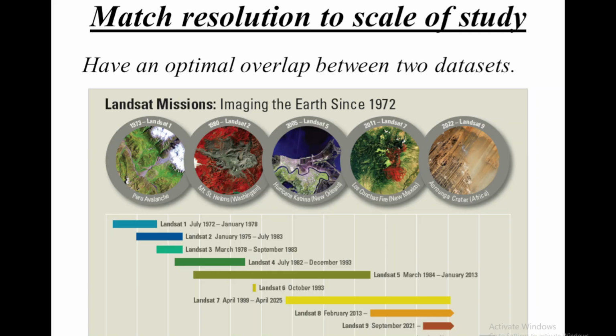We often talk about studying a particular aspect of a region over a long period. Let's say this image talks about Landsat data, which has been available ever since July 1972, and there is a series of Landsat satellites that kept overlapping with the previous data set, right? So let's say I'm studying a coastal environment, trying to see how the shoreline migrated in the past, all the way back to 1972. What I cannot do is take 2024 or 2025 data and directly compare it with